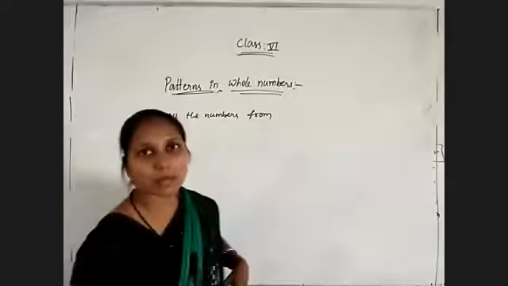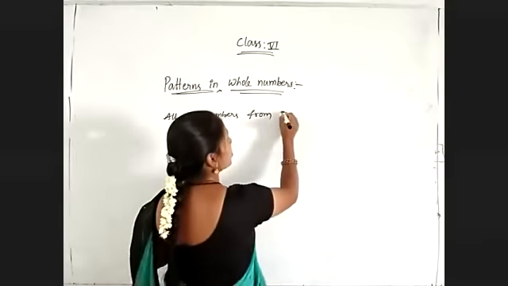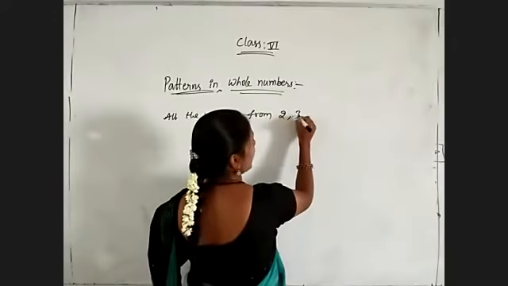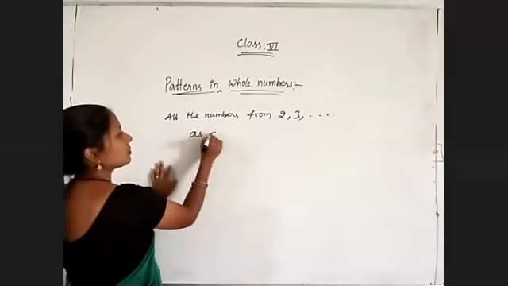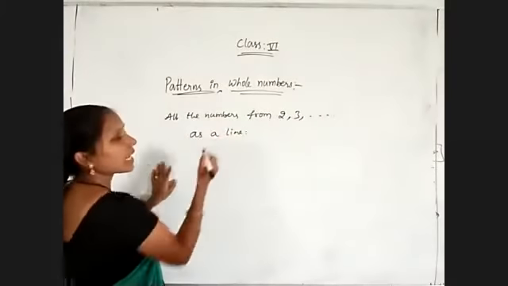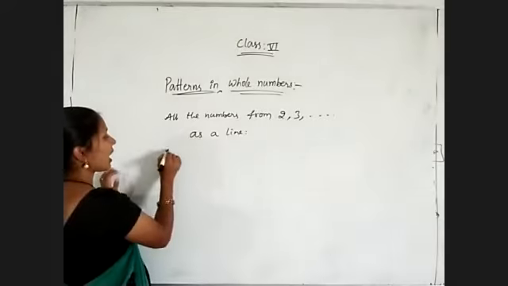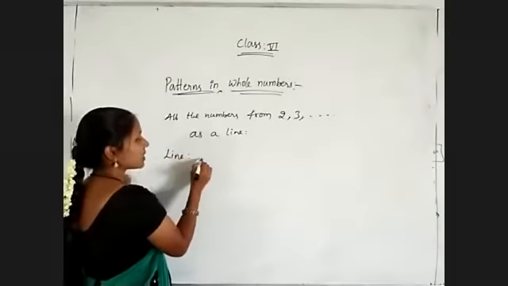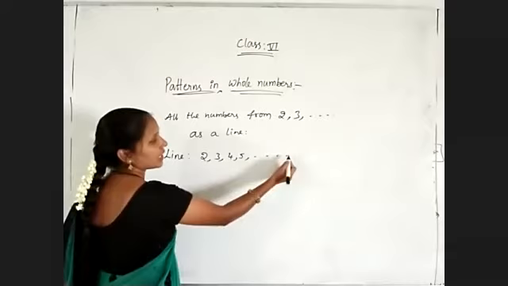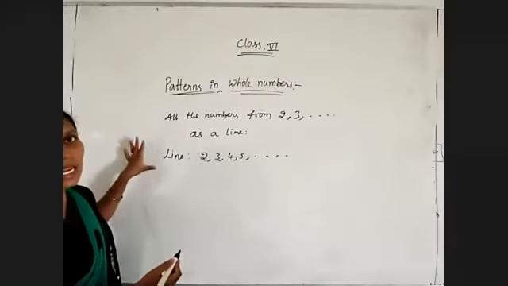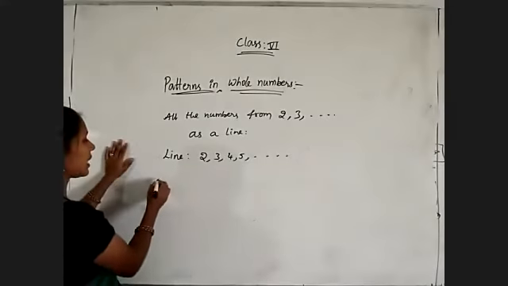So all the numbers from 2 to 18, all these we can represent as a line. Okay, as a line we can write any number. So in a line we can represent any number from 2, 3, 4, 5, and so on. Every number can be represented as a line. And coming to the second,